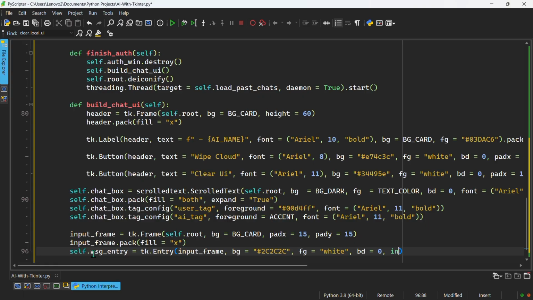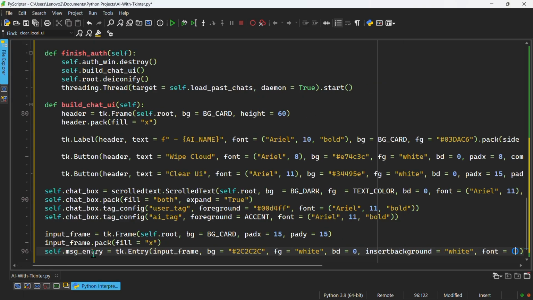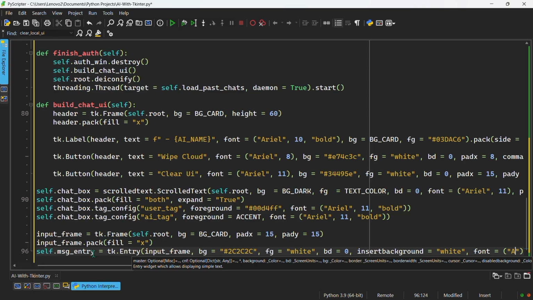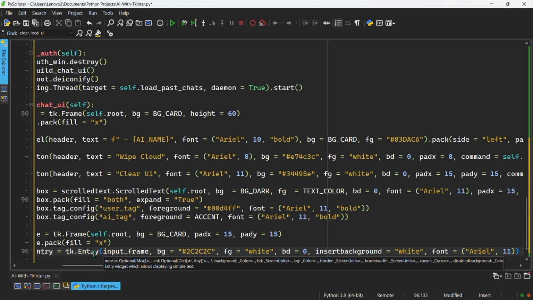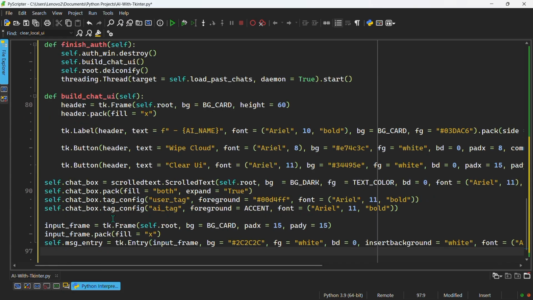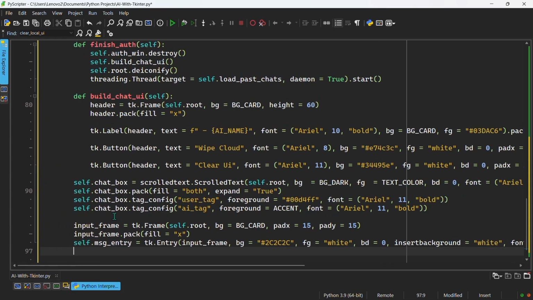And right after the BD, I'm going to say insert background to be something like, let's say I'm going to make it a hex value 2, or I can just make it a simple standard white color, just like that. Then at the end of it, I'm going to add a font to it, and I'm going to make the font to be something like Arial right there, and a font size of 11. Then what we're going to need to do is go right below this line right there, and we're going to customize our